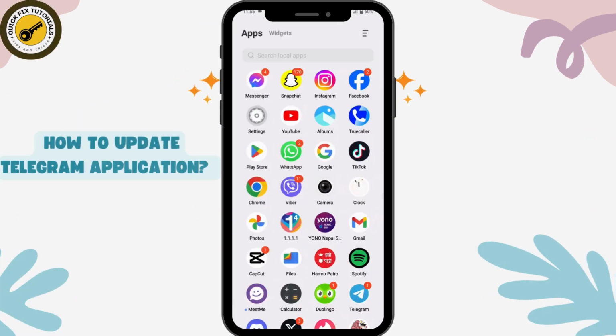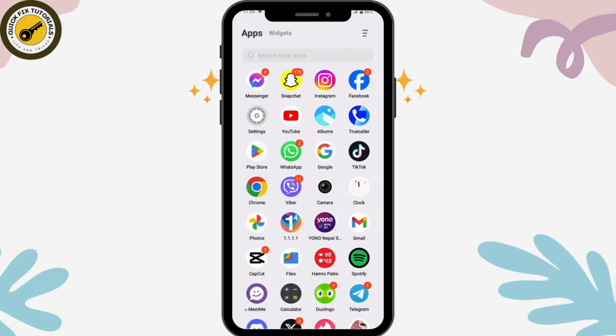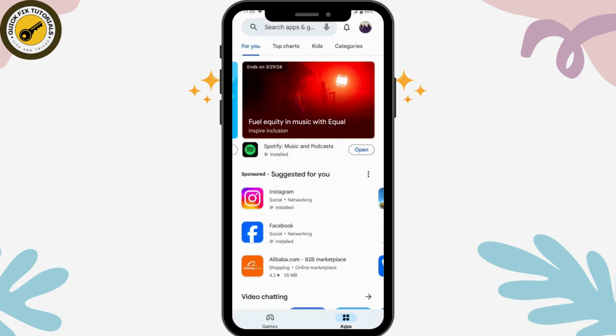How to update Telegram application. So if you want to update your Telegram application, then first you need to check your internet connection. You need to have a stable internet connection to update your Telegram application. So check your internet connection, and then if it's stable, you need to open up your Play Store or